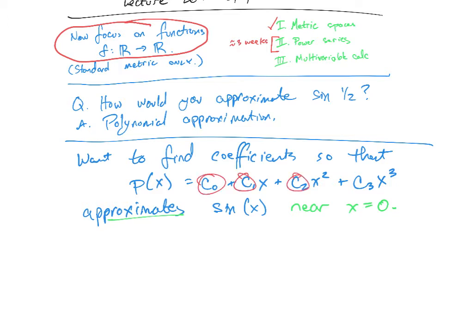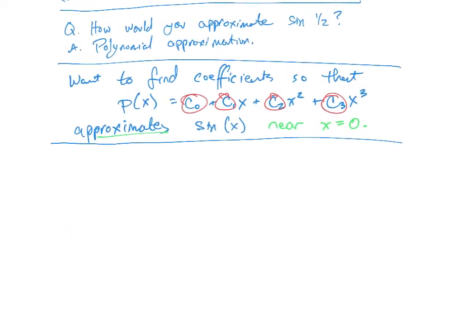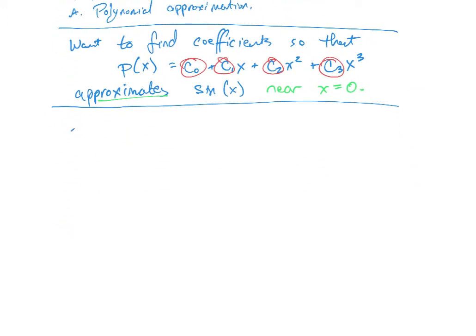Right? There's a lot of ways to find these 4 coefficients that will give us a good approximation of sine. Taylor polynomials are just one way. Okay. If you take a numerical analysis course, you'll get a lot of other ways that you could do it. Okay. But here's one idea: